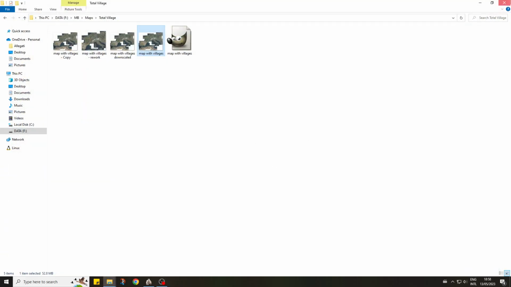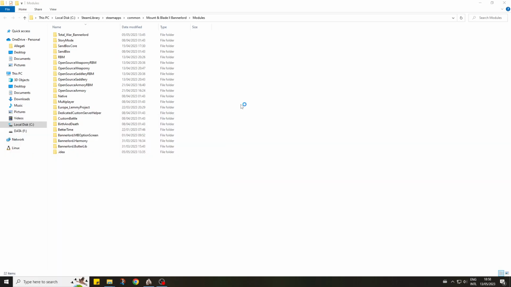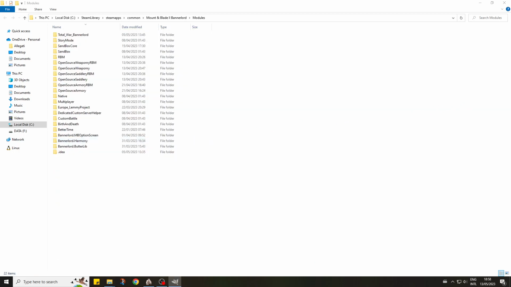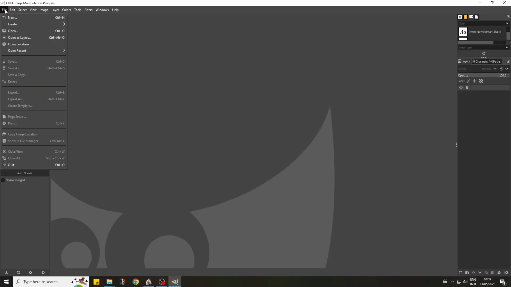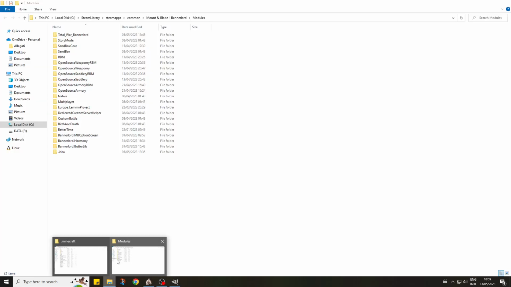I could have done it better, but the screenshot tool is obviously not particularly good. And so what we need to do this is GIMP or something similar. I hope my voice is not too rough, but I have a bit of a cold. And so I use GIMP, I open a new file,